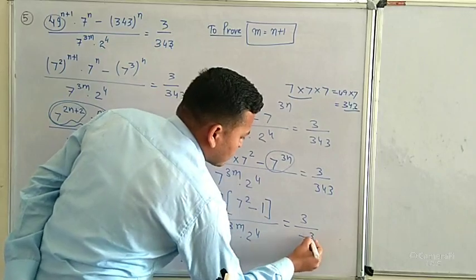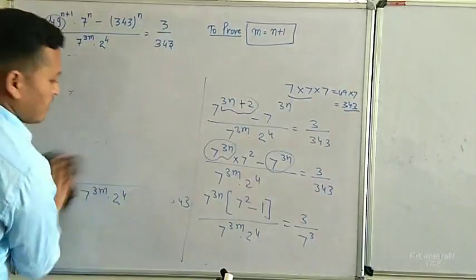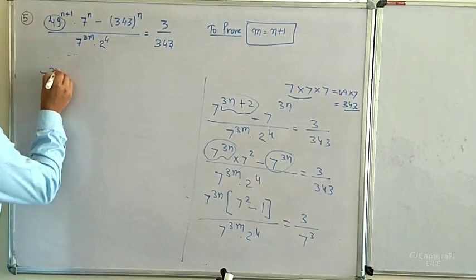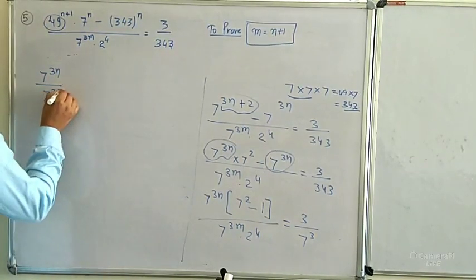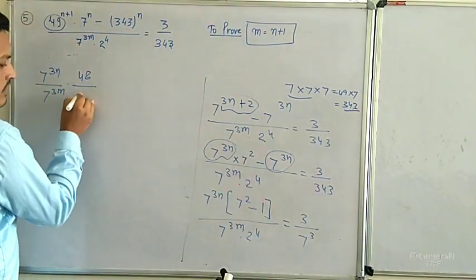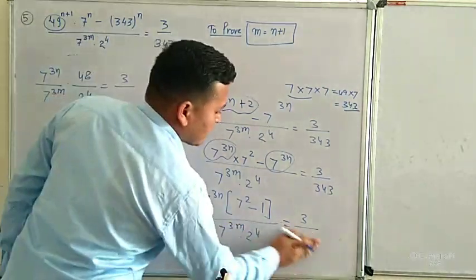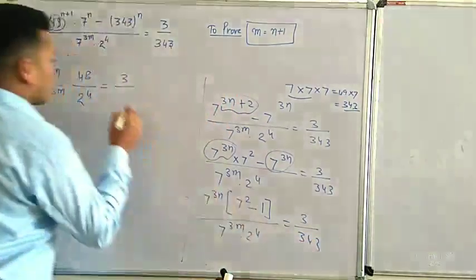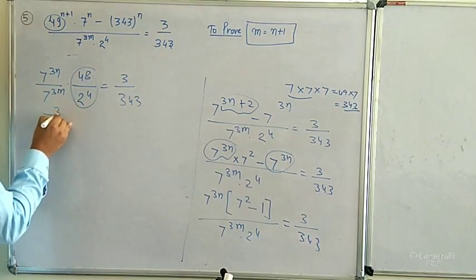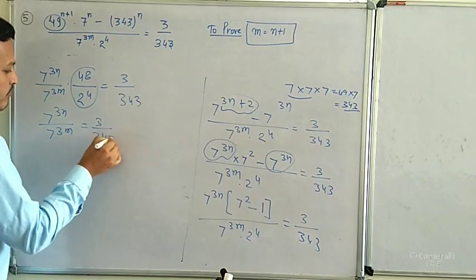If you want to write, this one you can write 7 to the power 3. Then after that we can do one thing here: 7 to the power 3n upon 7 to the power 3m into 7 square 49 minus 1, so 48, and upon 2 to the power 4 is equal to 3 upon 343. Leave it like this for now. So this 343 part, shift it to the right side: 7 to the power 3n upon 7 to the power 3m is equal to 3 upon 343,